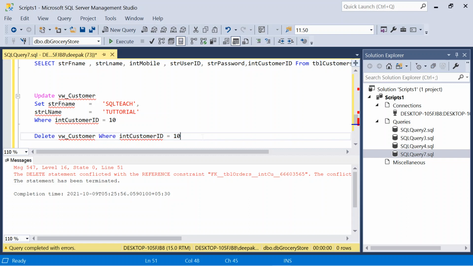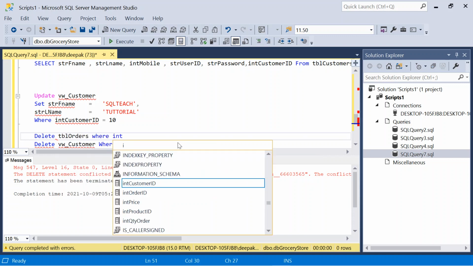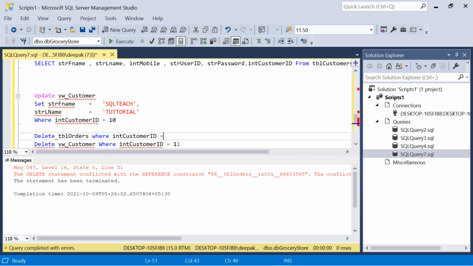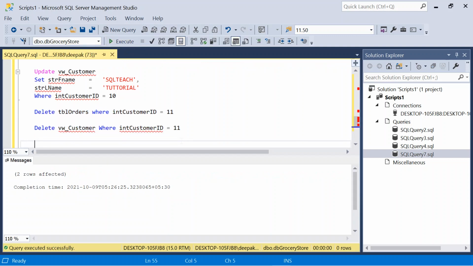Again, referential integrity. I will try on the record again. So first we need to remove the record from the order table. Alright, and here we go.